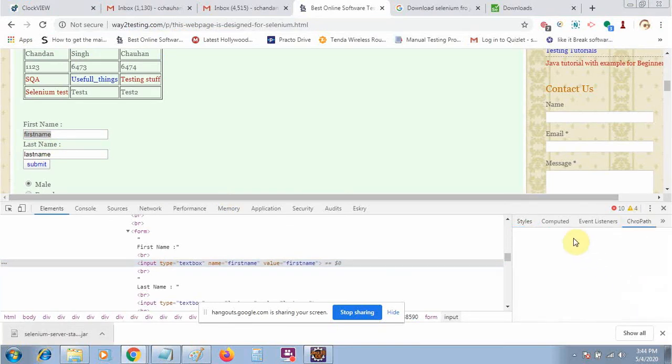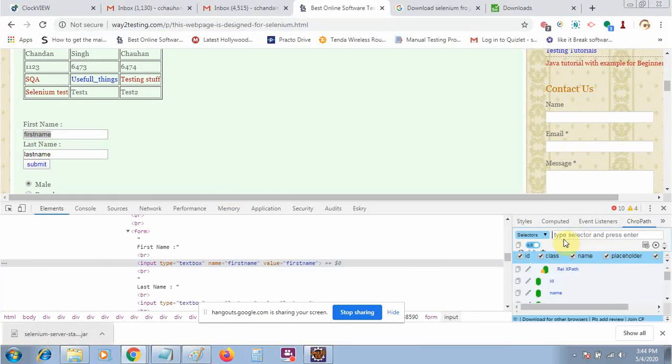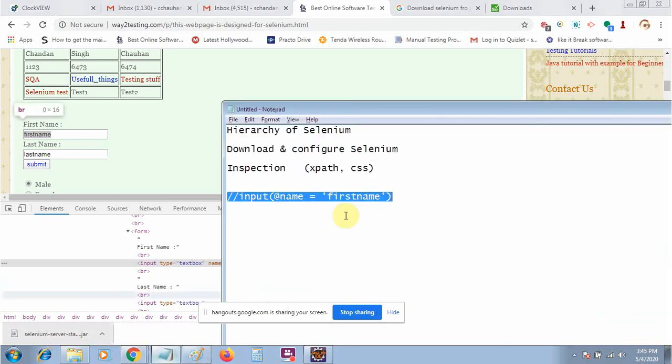Okay, so let's move here and let's type here. Let's copy this one, and there will be some syntax error.